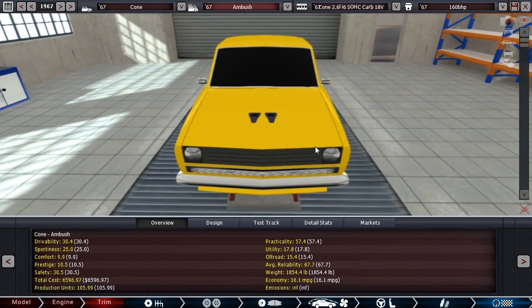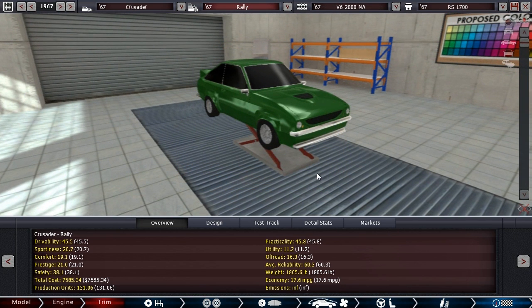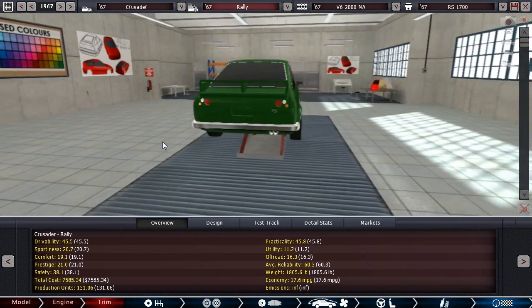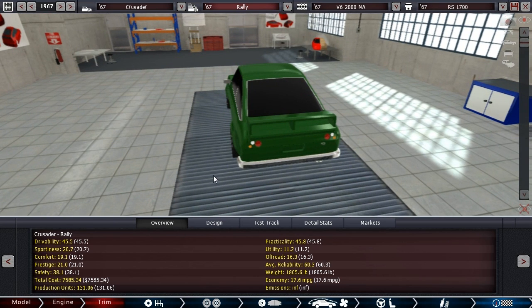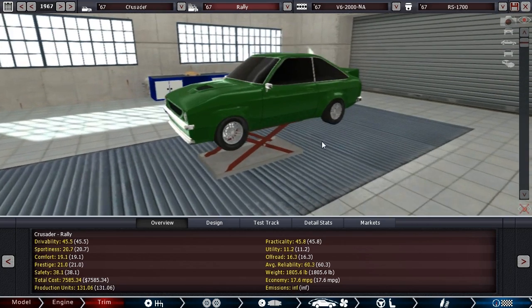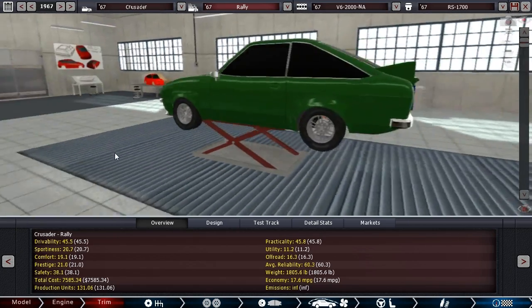We got 6 more cars to do today. Next up, we have the Cryan Industries Crusader Rallye, and right away, I like the way this car looks. I actually don't have a username for this one. Well, I kind of do, but it's only your email address, and I don't know if you want me to share that. So, we'll just say it's Cryan Industries car, and right away...